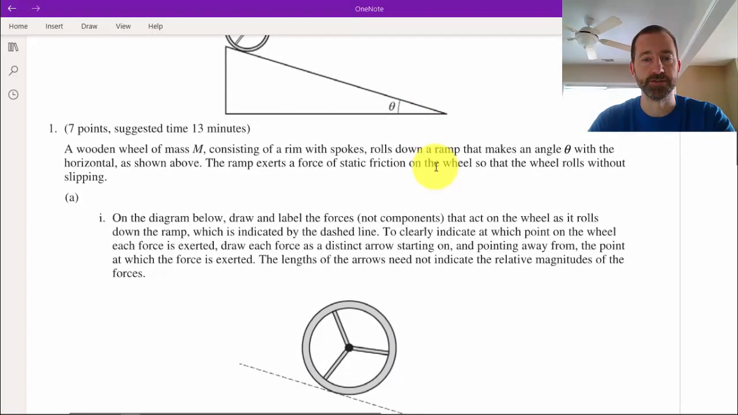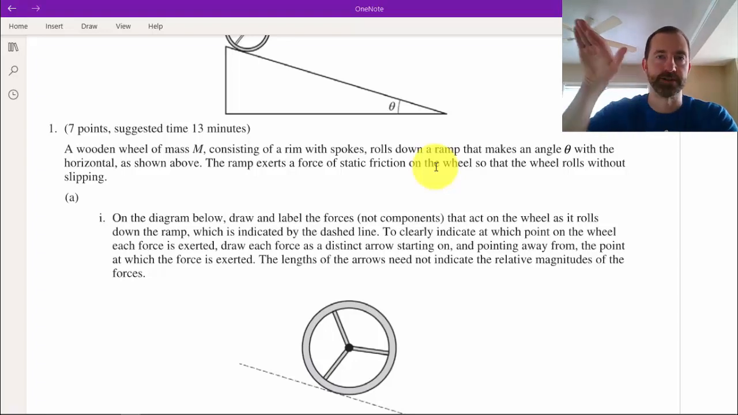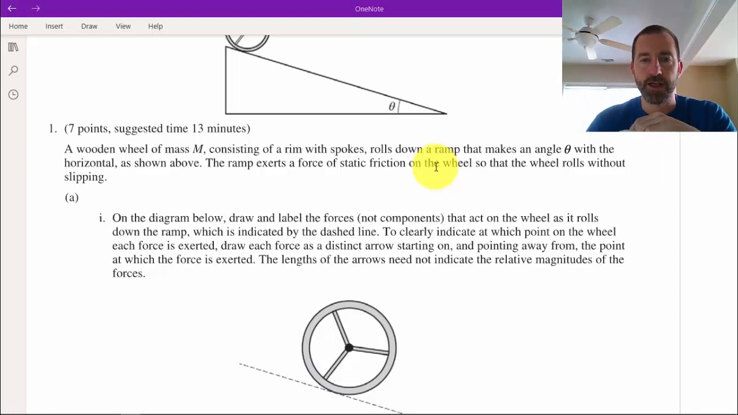The first thing that they want us to do is on the diagram, draw and label forces, not components, that act on the wheel as it rolls down the ramp, which is indicated by the dashed line. So the dashed line there represents the ramp. And to clearly indicate at which point on the wheel each force is exerted, draw each force as a distinct arrow starting on and pointing away from the point at which